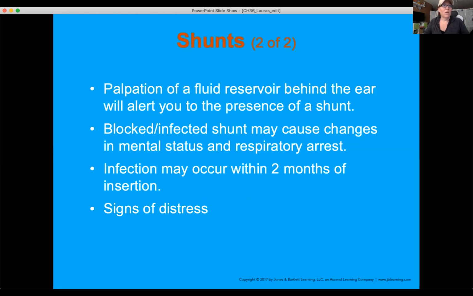The shunts can become infected. They can become obstructed. So there's a lot of risk with having a shunt. A patient who has a shunt that has become obstructed for one reason or another will have a severe headache. They're going to run a really high fever. So it's going to present very similar to meningitis. And then if somebody's been monitoring their pulse pressures over a period of time, as that pressure increases in their brain, the pulse pressures are going to get wider and wider. So they'll start here, and the difference between the systolic and diastolic will widen out significantly.